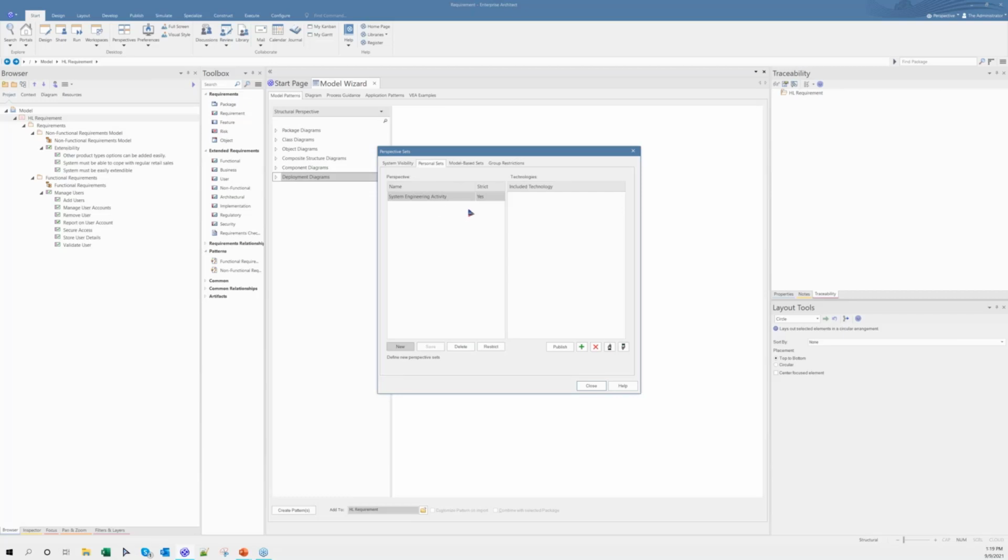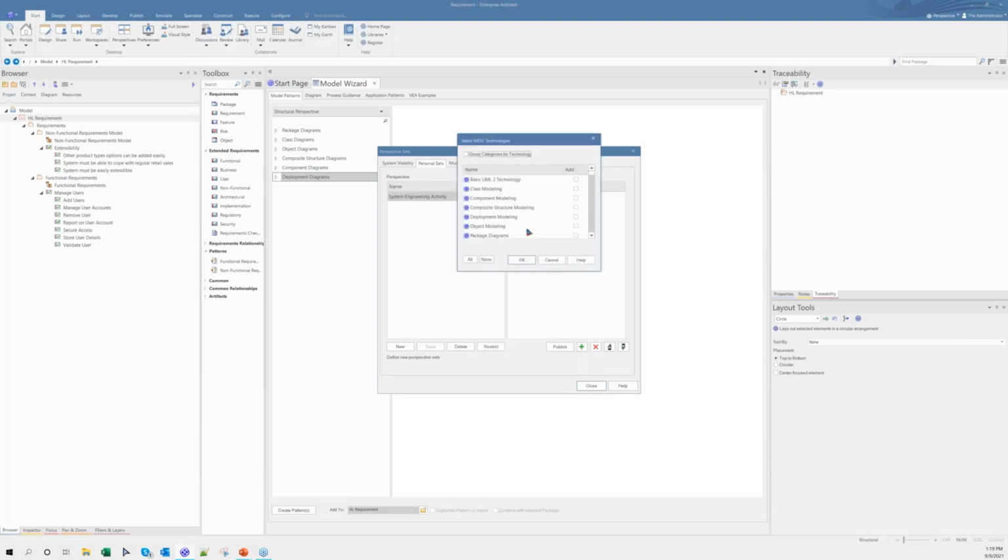I have not yet added the technology to it, and I have to customize the technologies as well. So let me go for this menu, and I need to select SysML 1.5 to achieve this. I have a detailed list of technologies visible on my screen. I'm selecting SysML 1.5 from them, and I say okay.